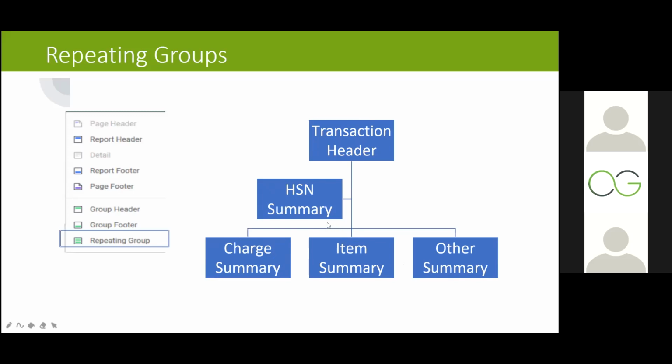Okay, let's go to the server and take an example which will help you. Generally the repeating groups are used as part of your document reports, because this is where you want to show, for that particular transaction, what my different summaries are, what my HSN summary is, what my item summary is, right? Let's see the output first, and then we can go to the report design. So let me zoom into the output of this particular report.